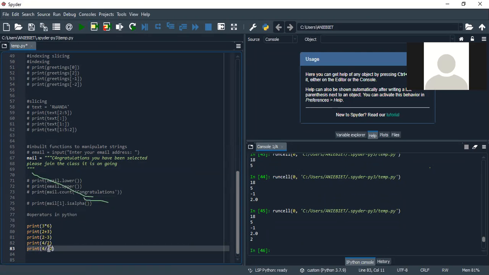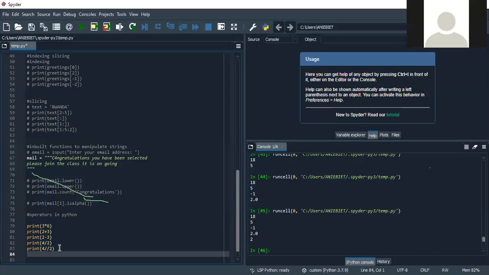So if the program you're writing requires that you want your divided value to be a whole number, to be an integer, what are you going to do? You are going to use what they call floor division, like this. You understand? Okay. So you use floor division, so it's going to bring it in whole value. So another operator is